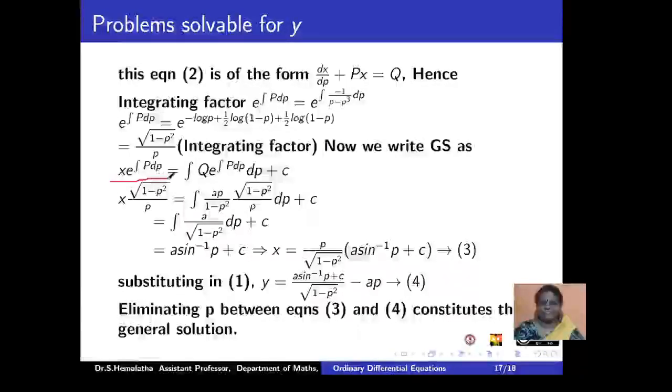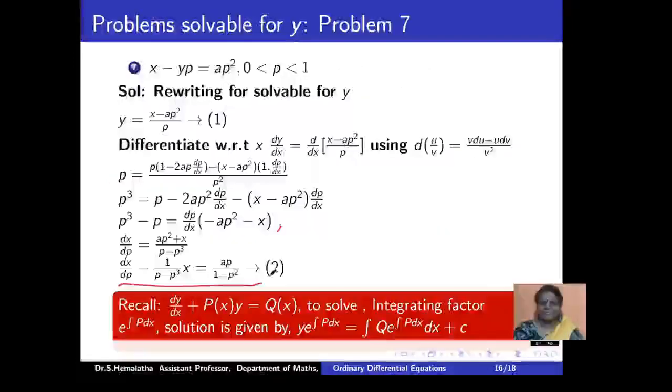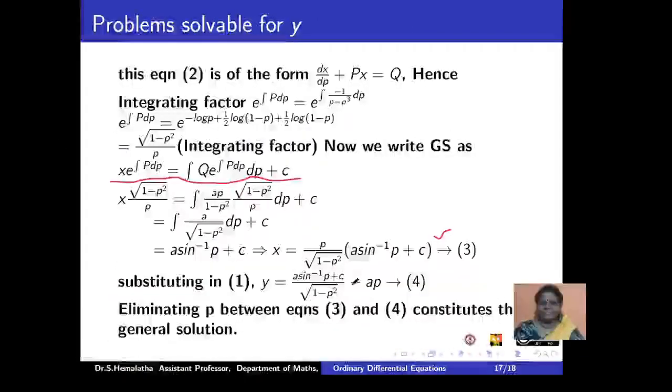So conclude your solution by rewriting your equation y e power as x e power, and x and p are our variables here, and then go ahead with your solution of this kind. And even in 1, you can go for this part ap square by p. You can go for a substitution of x, and this is your fourth. And even here we have not actually eliminated p. After eliminating p, we can end up in a solution which gives you the general solution.